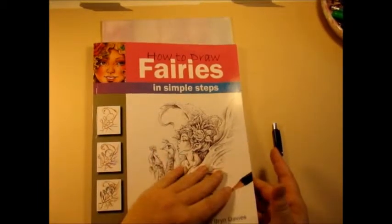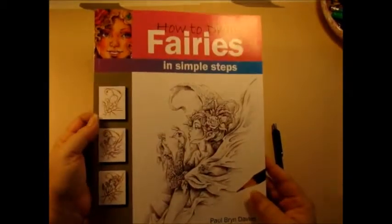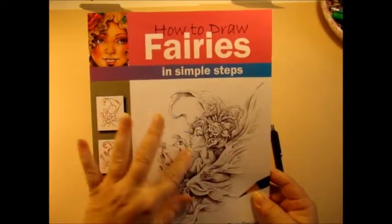Moonlit Dreams, is include a drawing book with it. Now I can't open you up and show you the insides to the book because that would be unfair to everybody that buys the kit, but you can see that you get step-by-step drawing instructions of how to draw the